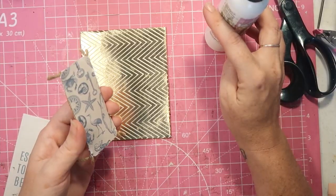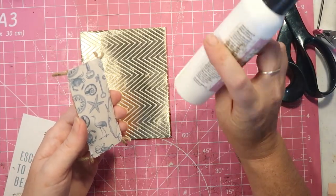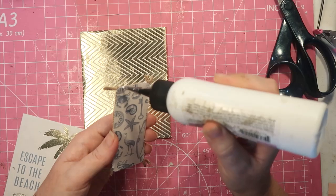You need to look at the blue. It's sticking to there. It is. How about to do that,